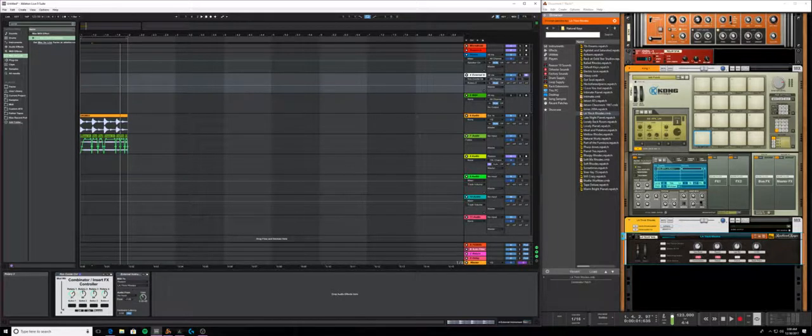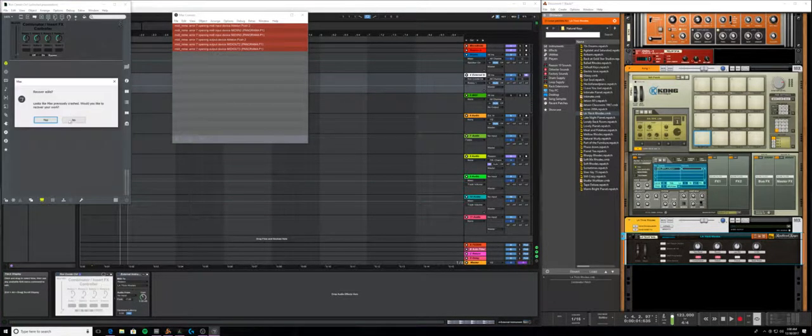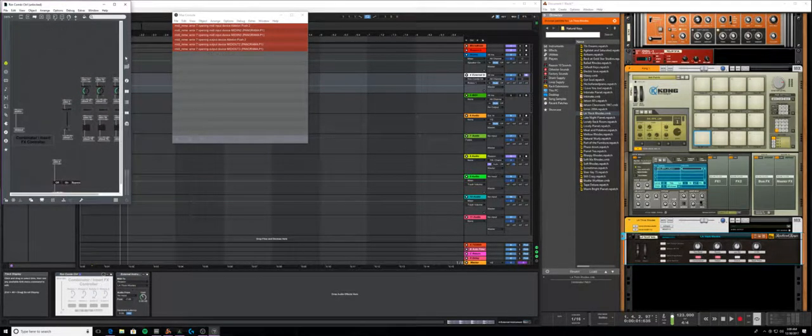Hit me up if you want this, if you're a Reason user and an Ableton user. Highly recommend. It's really simple to set up, honestly. I'll let Max open up real quick, and you can see it. It's really just a basis. If you look at the patch,